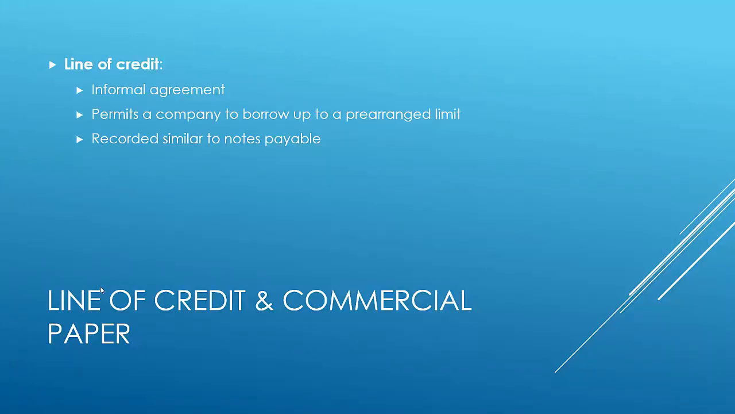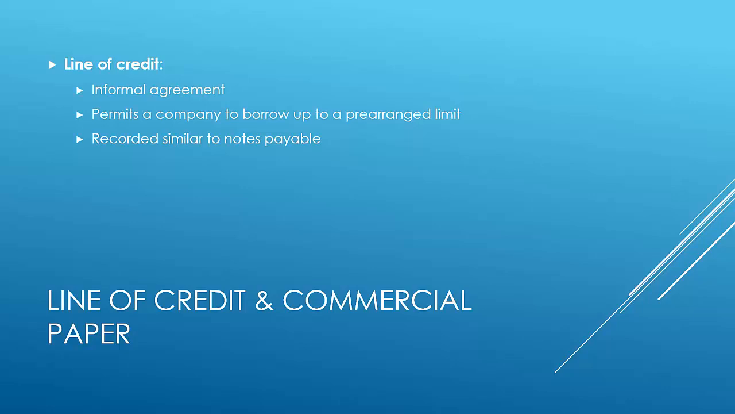So a line of credit is an informal agreement with the bank, similar to a home equity line of credit, if you've ever had that kind of thing. It's an agreement that you can have a certain amount of money that's available to you at any time. It's a prearranged limit. You don't have to go through the whole loan procedure in order to get this money. So sometimes we have lines of credit for a prearranged amount, and it's just less paperwork and still allows